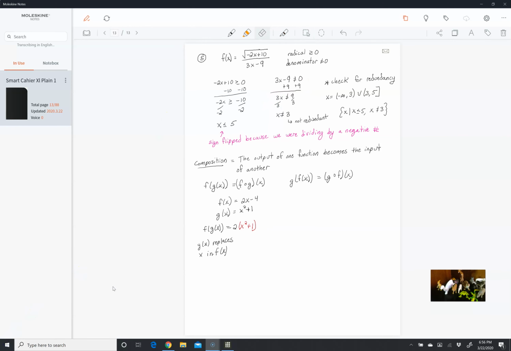So we had 2 times x squared plus 1 minus 4. I'd have to simplify that. If you distribute, you get 2x squared plus 2 minus 4, or 2x squared minus 2. I'm not going to do it in this review for the most part. Okay. Now, if we change this and we did g of f of x,